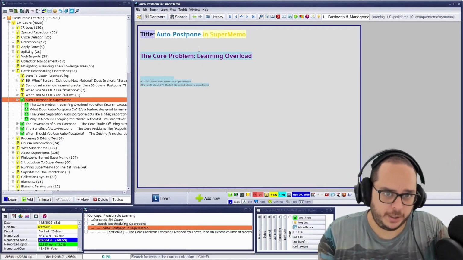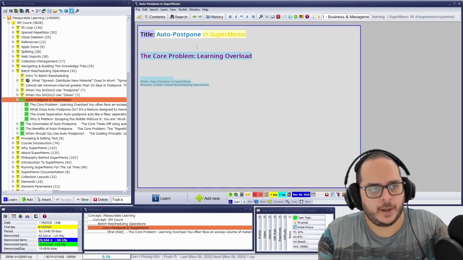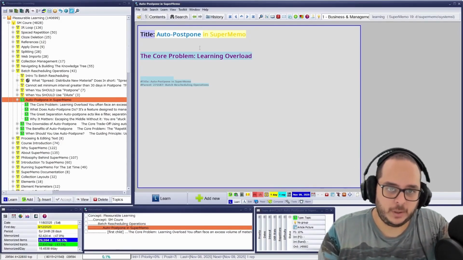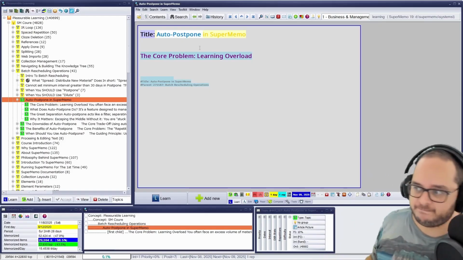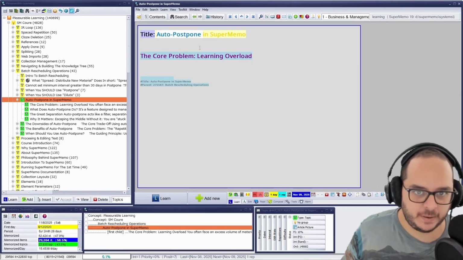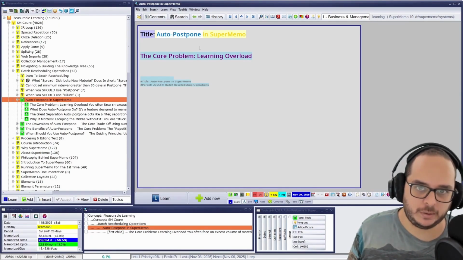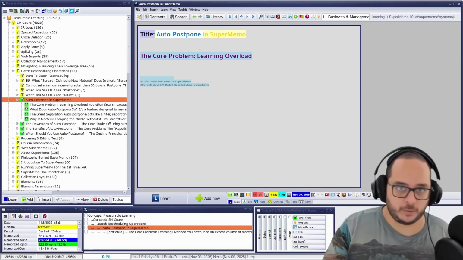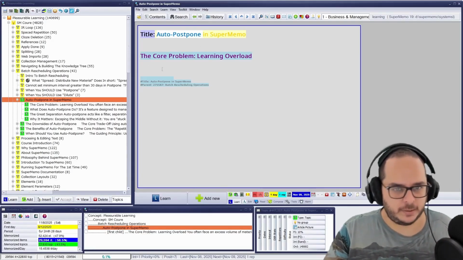So you don't need to trigger it yourself. But why is there no auto dilute? Well, because auto dilute will just send everything to the future. That's it. No element will survive a dilute. But for the postpone, there will be some criteria, as we will see, and it makes more sense to have auto-postpone.